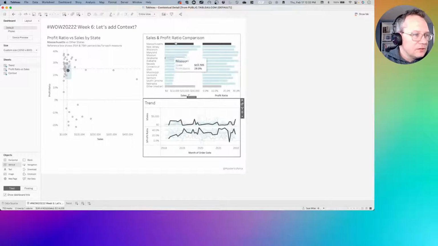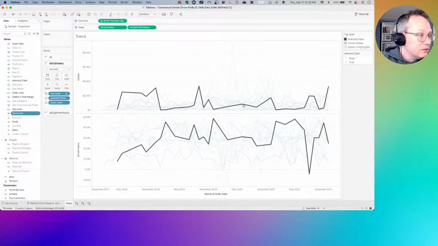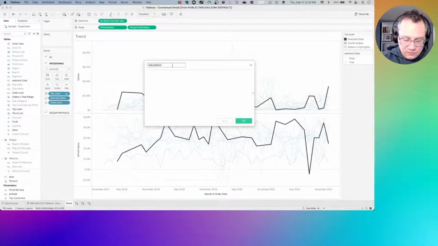And make sure that Nevada's not selected, which it's not. And then I'll create a couple new calculations. This will be bar selected